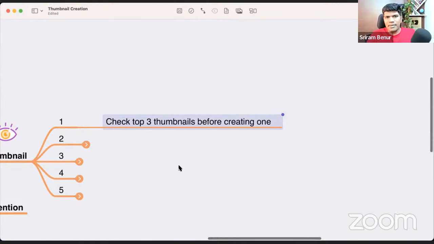Let me give you a simple example. Say, for example, you are going to invest about 10 lakhs in starting a business. So do you first understand how others have built the business and then start, or do you blindly start? Do you just start your business like that? You do the research, right?